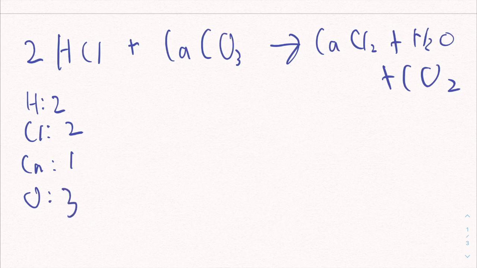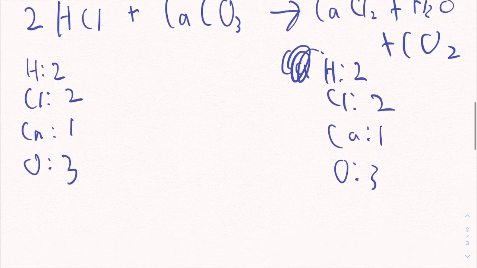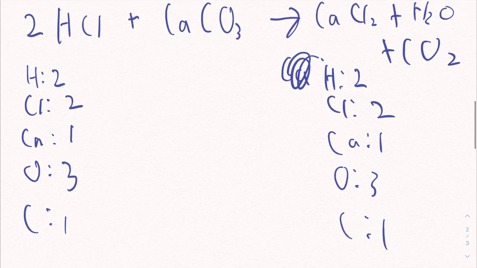Let's look at the product side. How many H's are there? There's 2 H's. How many chlorines are there? There are 2 chlorines. How many Cas are there? There's 1 Ca. How many oxygens are there? There are 3 oxygens. Oh, and I forgot carbon. There's 1 carbon on both sides. Let me just double check that. Yep, and so now we can use the